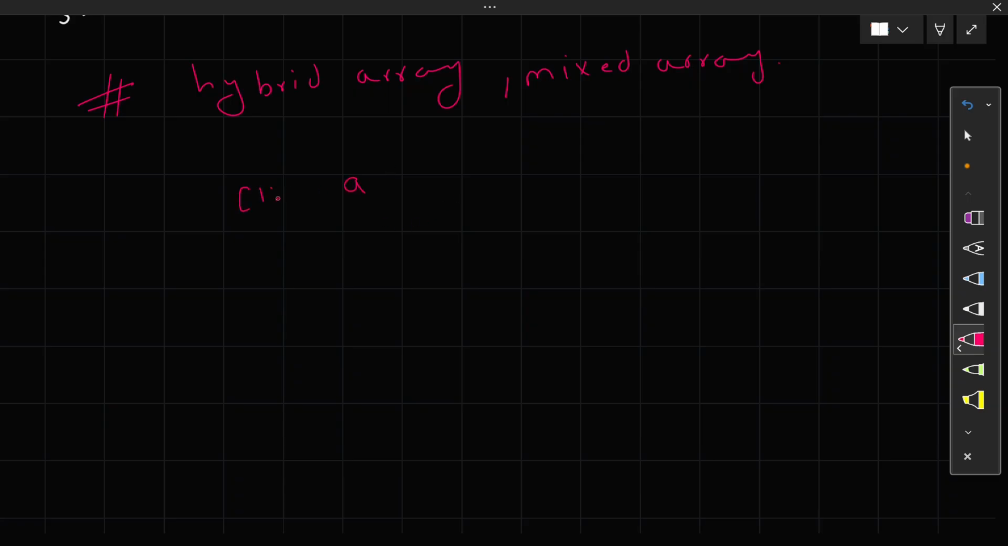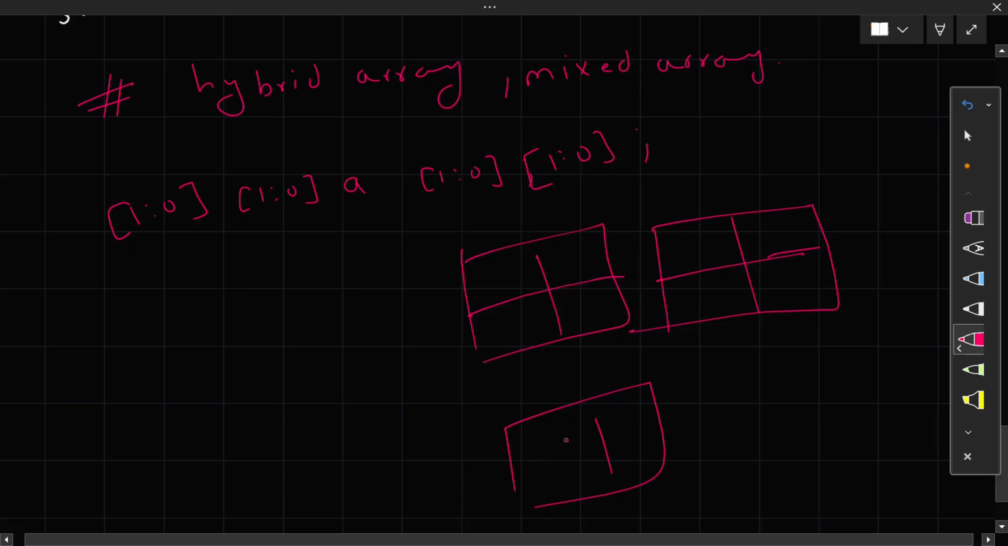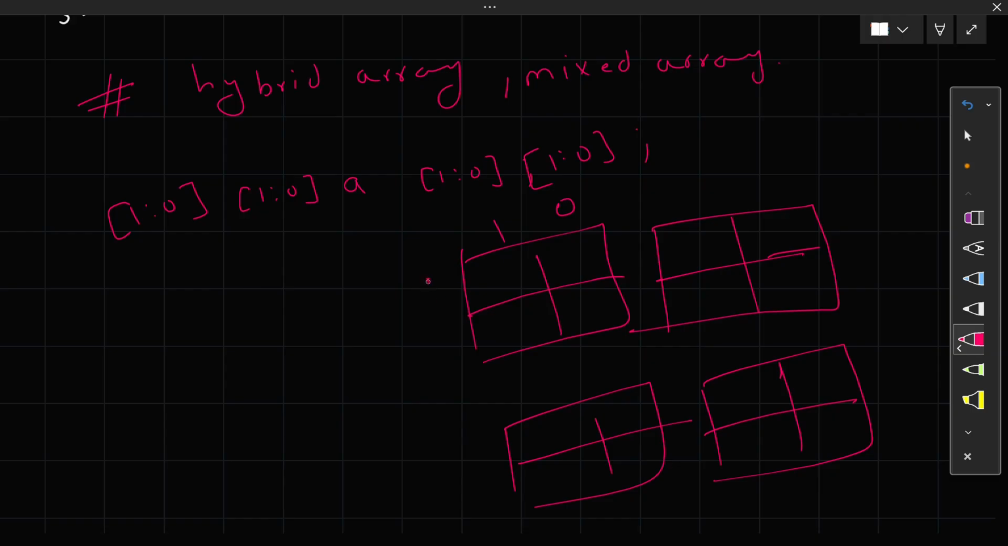So if A is like this, 1 tick 0, 1 tick 0, so it is a mix of packed and unpacked array. Okay, so it will look like this. If you again increase this one, it will look like this. If you again increase this one, it will look like this. Every one will have its location: 0 1 1 0 0 1 1 0. Okay, 1 0. So here is 0 1 0 1 1 0 1 0,